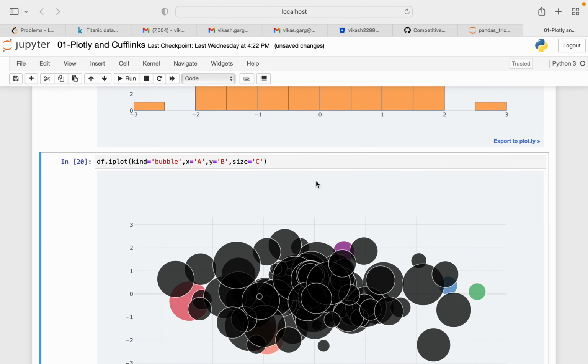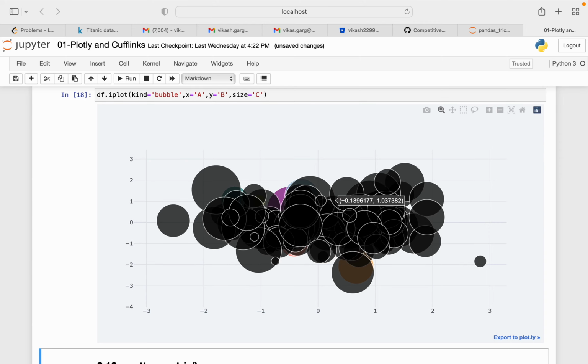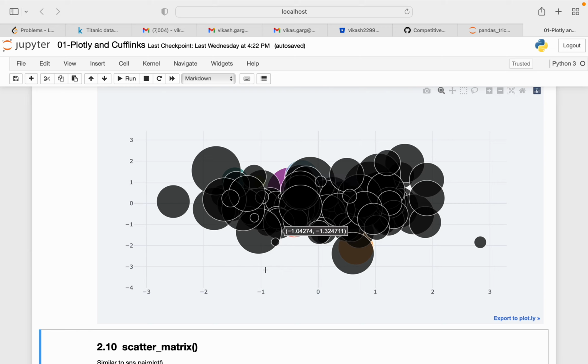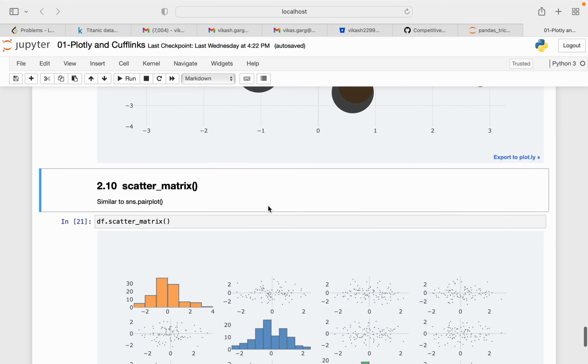Now if you want to plot a bubble, you can also plot bubble. These are certain different kinds of plots provided by Plotly, which are very unique and, you can say, beautiful. You can use them for your website, dashboard, anywhere if you want to represent particular information. So for df dot iplot, in kind we need to put bubble, and we need to pass our columns or values, x as A, y as B, and size. We need to decide what size we want for the bubble, so we can pass C. The bubble will act accordingly.